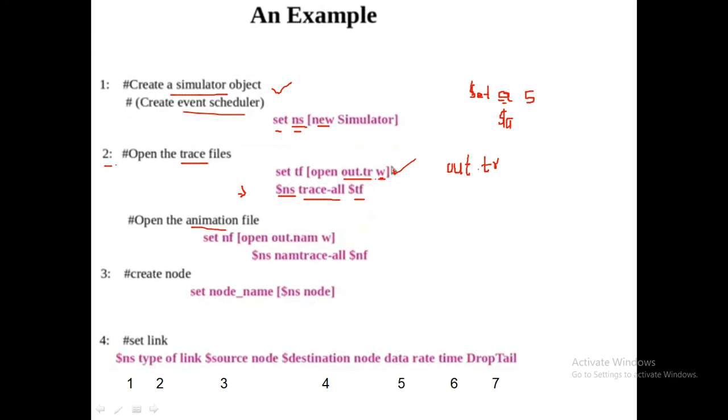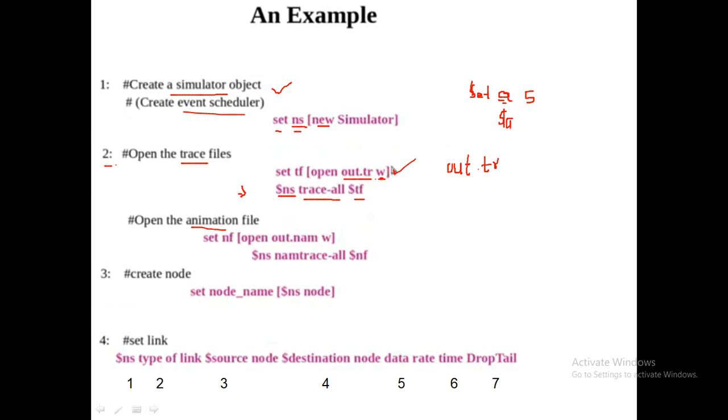See, here you created the object trace file. Now you are saying $tf and you are going to bind this entire thing, whatever is written in this trace file, you are going to copy that to your network simulator. You are going to link it to your network simulator. This is what you have created, right? So for doing that, you are going to use this command. So what is that command?